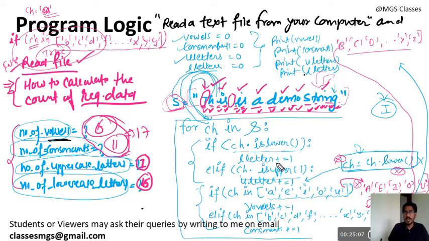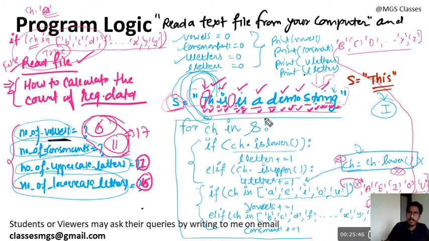in the string that are vowels, how many characters are consonants, how many letters are lowercase and how many are uppercase. Okay, let me take some small string in this particular example and test it. Let me pass some small string and show you how it is going to work, so that you can get the idea. Let's suppose s contains this, and let me show you how this program will return the data.